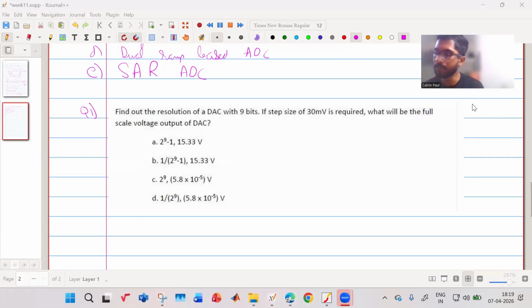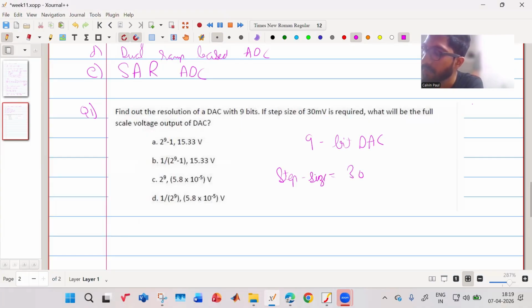So you have a DAC. So what is it saying? It is a 9-bit DAC. And the step size is 30 millivolt. So you need to find what is the full scale voltage output of the DAC, right? So if you recall,